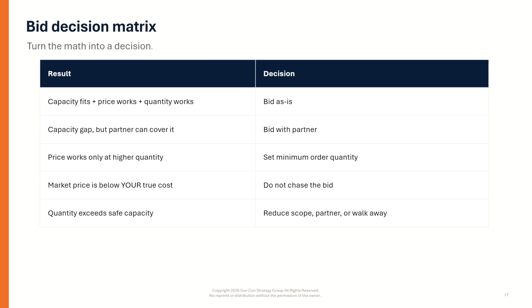Here's the bid decision matrix you can use to support your final decision. The purpose of this matrix is to help you evaluate the opportunity based on facts, not instinct. Use the matrix to review the key questions. Have you calculated your true cost? Have you included the profit you need? Is your price within a reasonable market range? Does the minimum quantity support your profit goal? Do you have the capacity to produce, deliver, staff, document, and manage the work? Can you perform the contract without putting the rest of your business at risk?